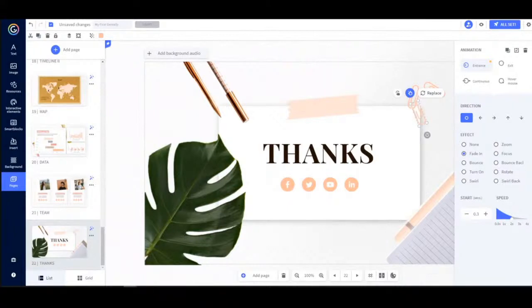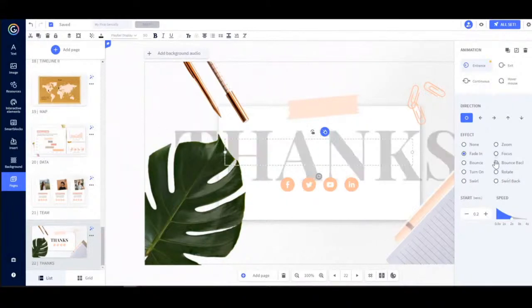Now, the opposite animation effect from what we've just seen is exit animation, which means the elements will leave our page in the moment that we decide. This animation type allows us to uncover hidden elements or to simplify our message by keeping only the most important factors visible on the page. This type of animation can also be useful for evaluating alternatives in a presentation, and we can eliminate certain options until we're only left with one.